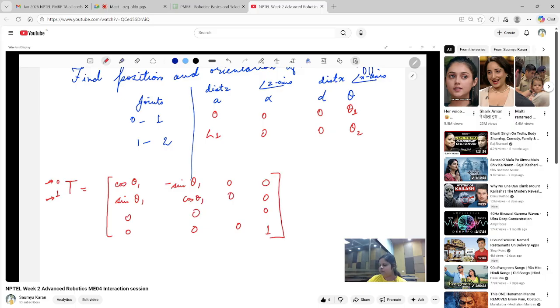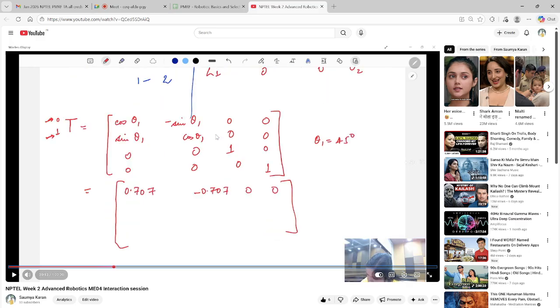If you are at link 0, how do you go to link 1? What is the transformation matrix? It is translated by 0, 0, 0, right? Because it is at the same base, but it is rotated. And this is the rotation matrix that you have directly plugged in from here. Now what if we want to go from 1 to 2? You see there is an L1 term also coming here, which is related to translation, and there also we have seen that in the manipulator it is a link offset by L1, right?